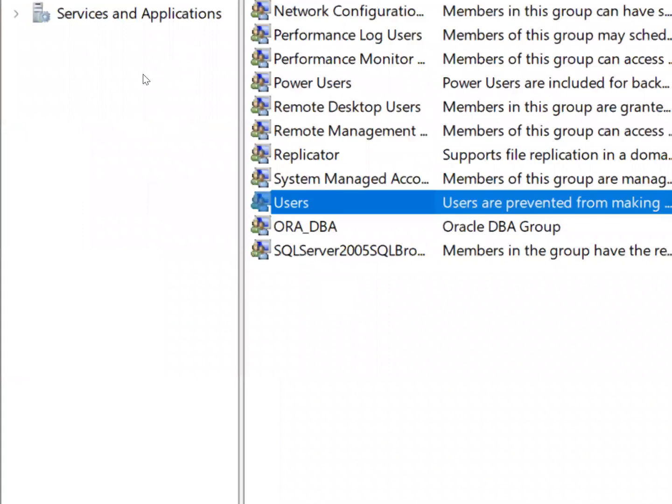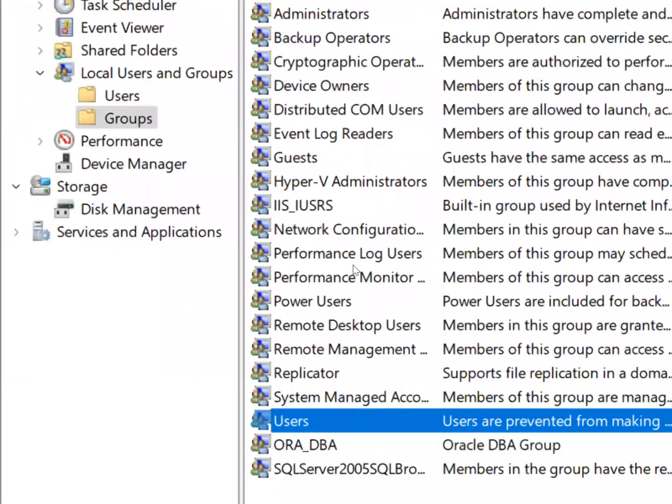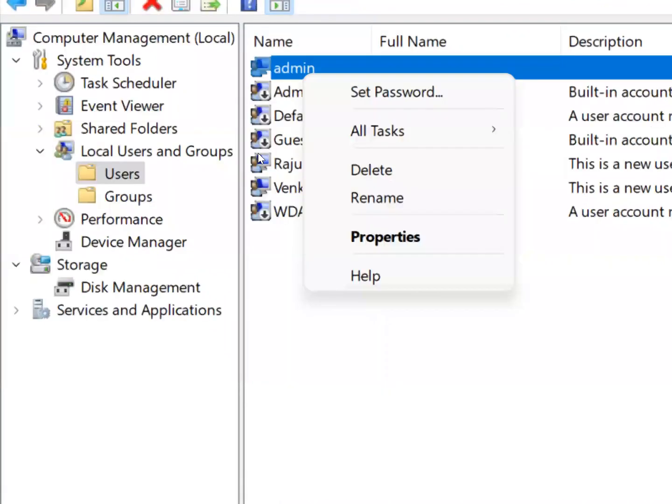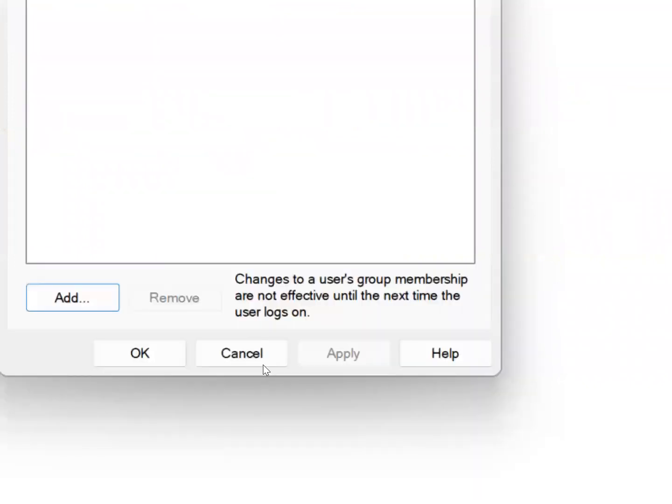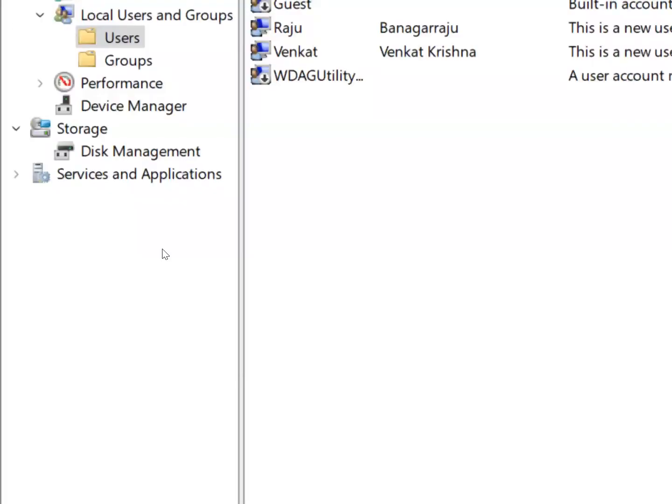Okay, but you come here to admin. If you go to the properties of admin, he is a member of the administrators group, the RDBA group, the performance log users group, so a member of multiple groups here. And every group has a different set of permissions and users. So if you go to groups here, what is that group here? Administrators group,